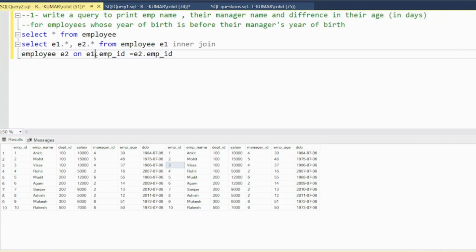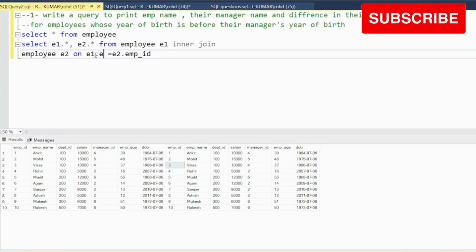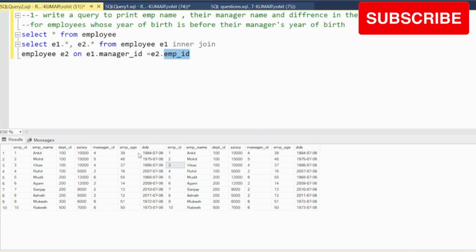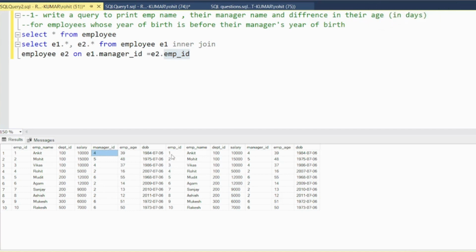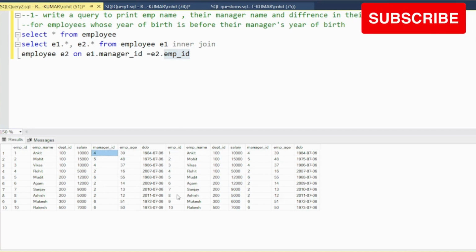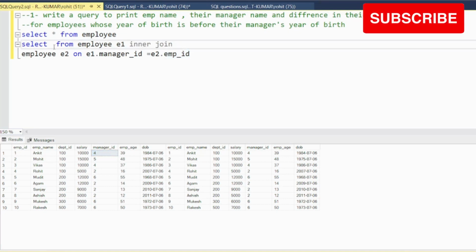Let's do one thing here. Okay, we are taking employee ID, manager ID from E1, then we have to take employee ID from E2, right? Because the manager ID what we have in E1 will also be the employee ID of this table E2. Okay, now what we have to do, because we have to find,